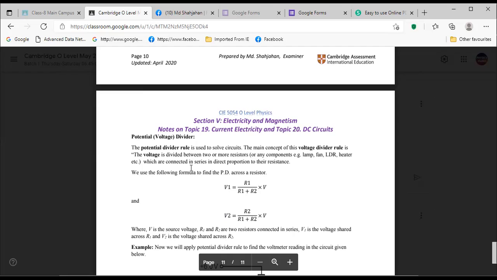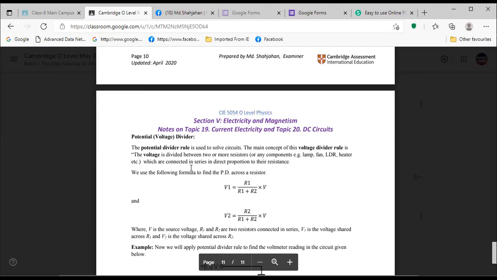Sir, if one of the components is out of order, then other components still keep on working, and the other one is, since all the components have equal voltage of the power supply, lamps will glow brightly. Okay, so